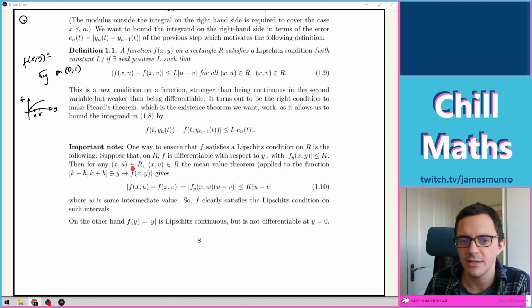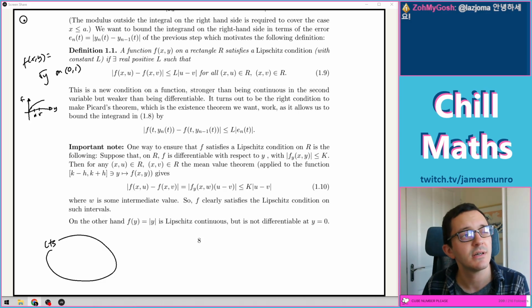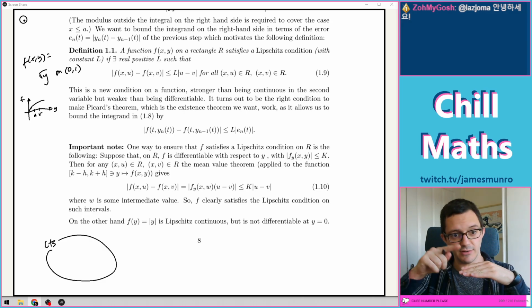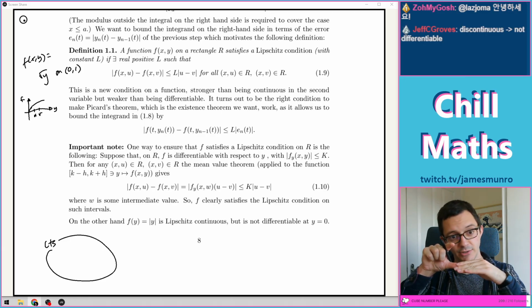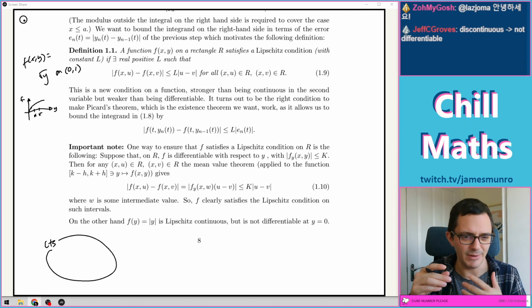Lipschitz is stronger than being continuous, because you have this big set of continuous functions, and then all of the Lipschitz functions are continuous. Because if they had discontinuities, then you'd have this big jump, and you wouldn't be able to say that the gap in values was bounded by anything to do with the change in x values. So that's not the only way to be discontinuous, but